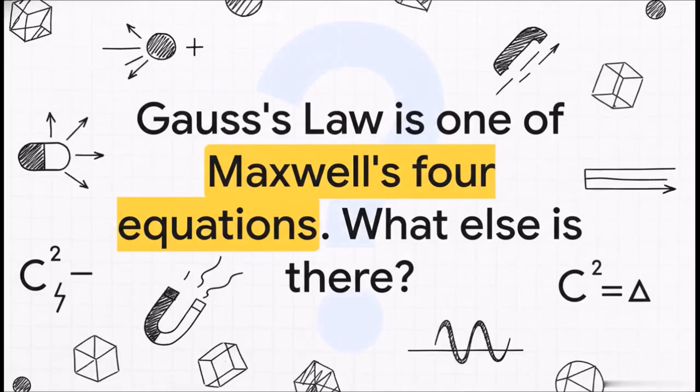And that brings us to one last big thought. Gauss's law isn't just some clever trick for physics problems. It's actually one of what are called Maxwell's four equations, the fundamental rules that govern all of electricity, all of magnetism, and even light itself. These are the laws that built our modern world. And to think, it all started with just a